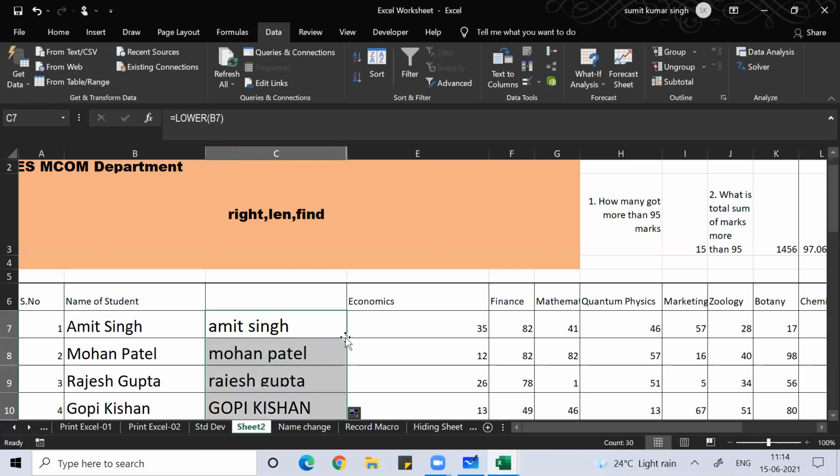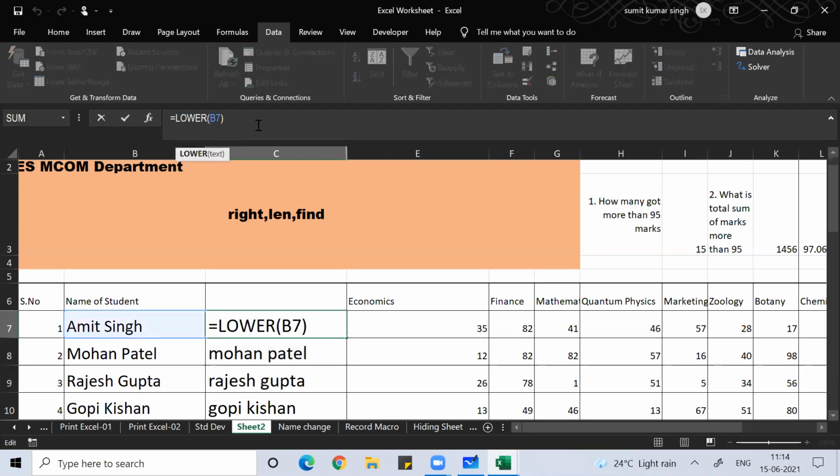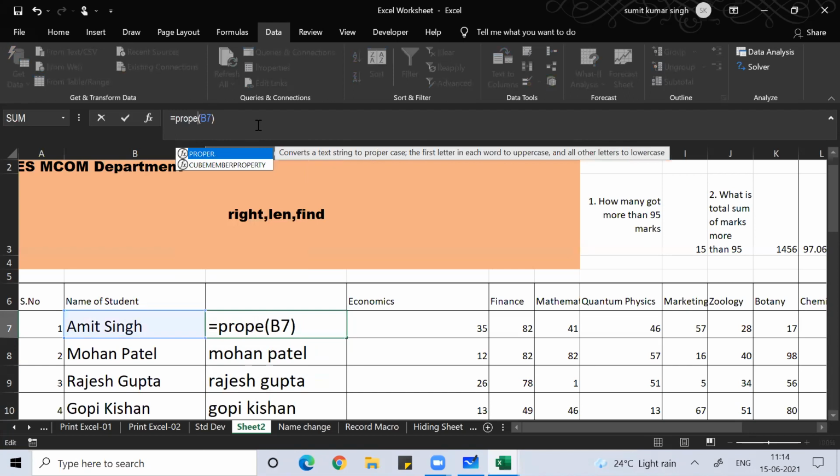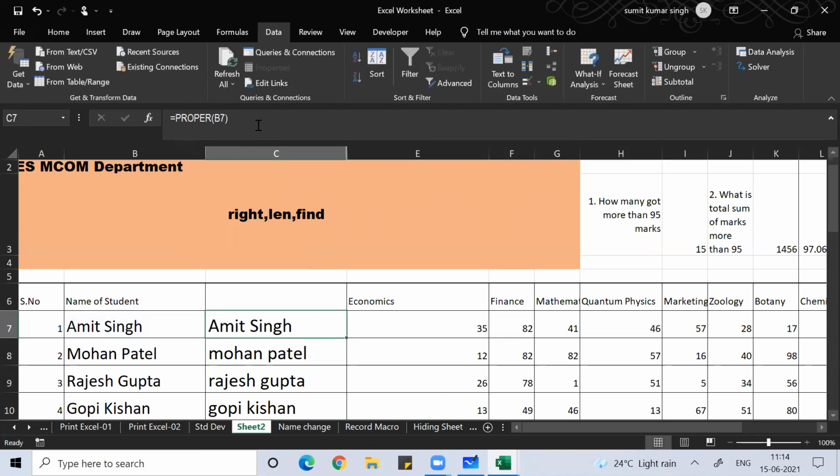Upper function, lower function, then the proper function. I hope you people are already aware of this. Already we discussed them.